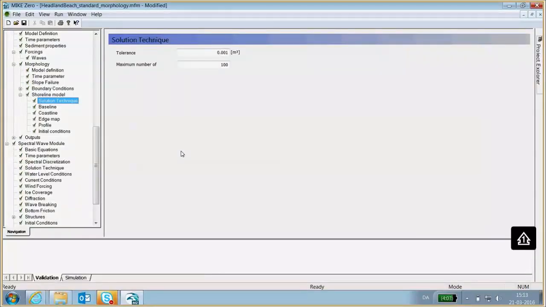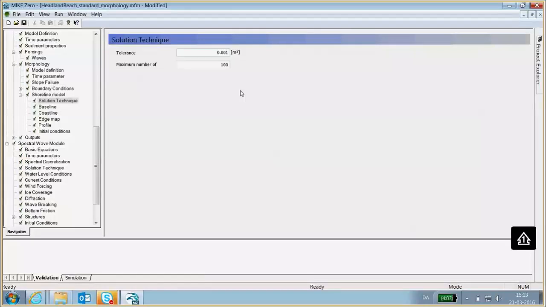It is just a small error, but still over time it can grow, and for that reason we have an iterative procedure which minimizes this error down to a specified tolerance. And that tolerance is the tolerance that you can specify here. You can see here it's specified as 0.001 cubic meter, and the maximum number of iterations here is 100.